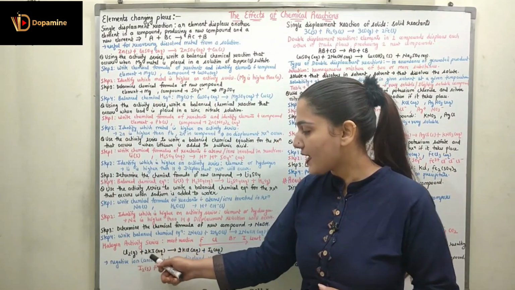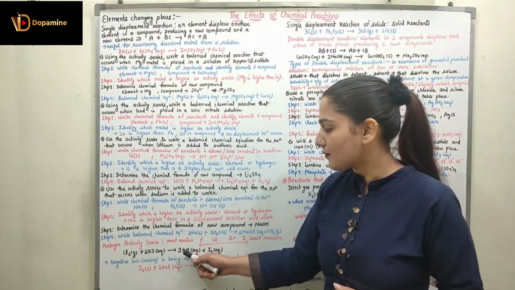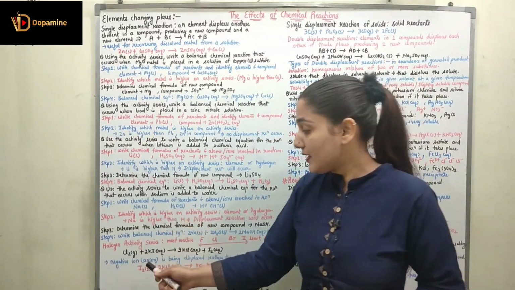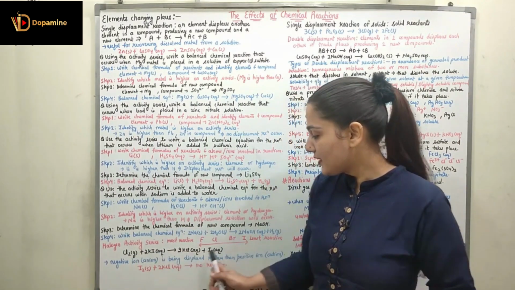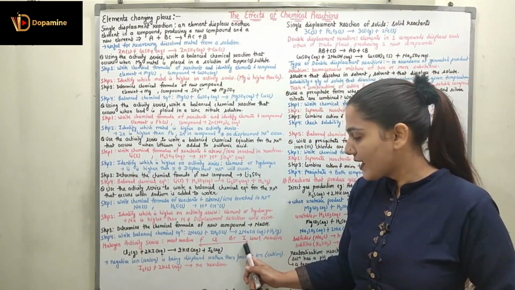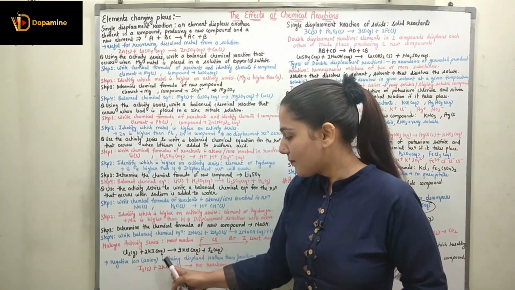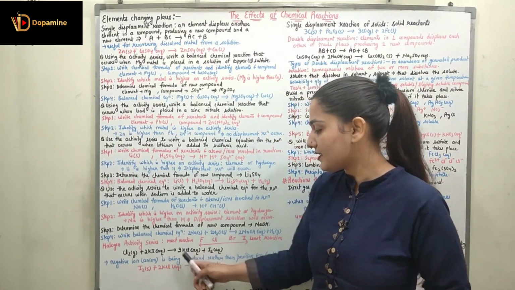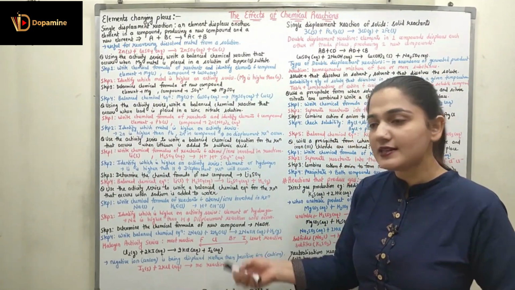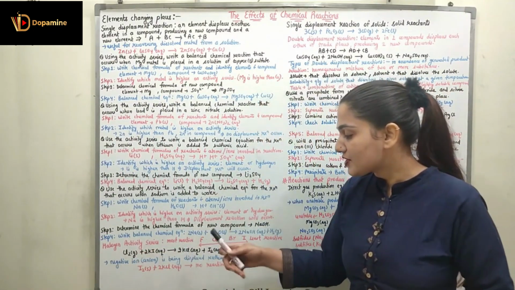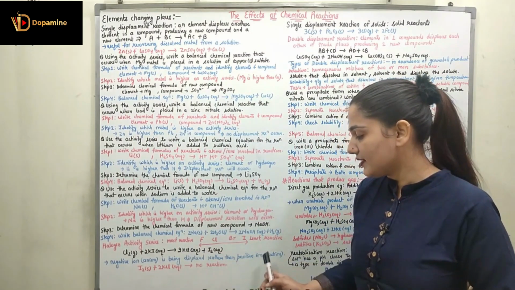Here we have Cl2 gas plus KI in aqueous. So here Cl2 is chlorine. Chlorine is more reactive than iodine. You can see chlorine is more reactive than iodine. So chlorine can displace iodine from here. So we will be having 2 KCl plus I2 released over here. Here we have the negative ion which is being displaced rather than the positive ion.